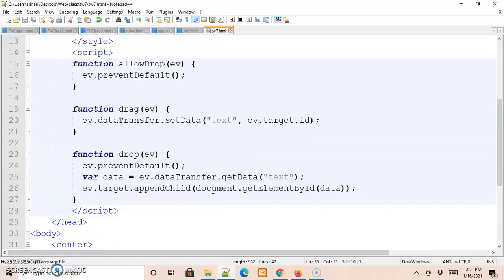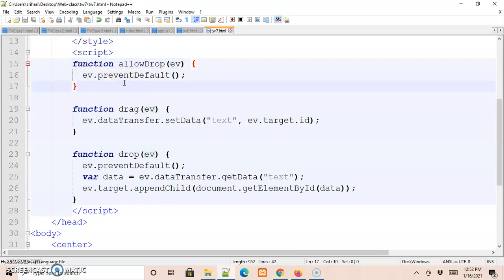In this case we have ev as the parameter, so it says ev.preventDefault. Here, the preventDefault method is used for cancellation of an event. This will cancel the event if it is cancelable. It means that the default action that belongs to an event will not occur. As simple as that.